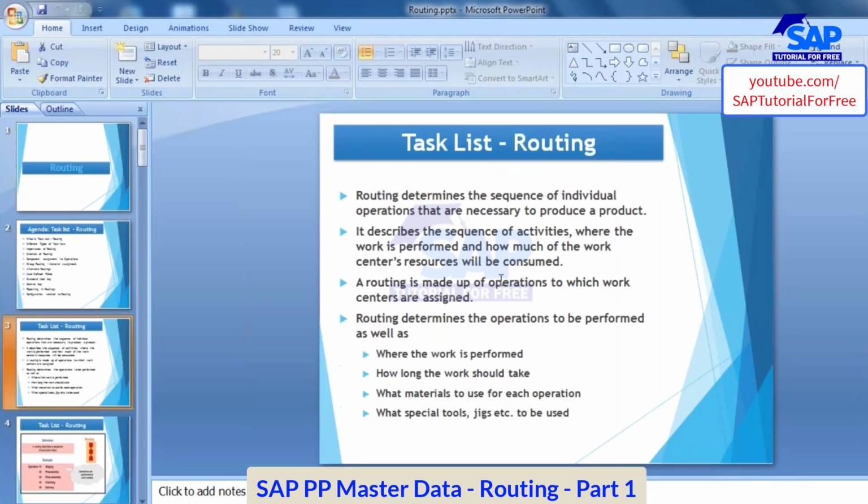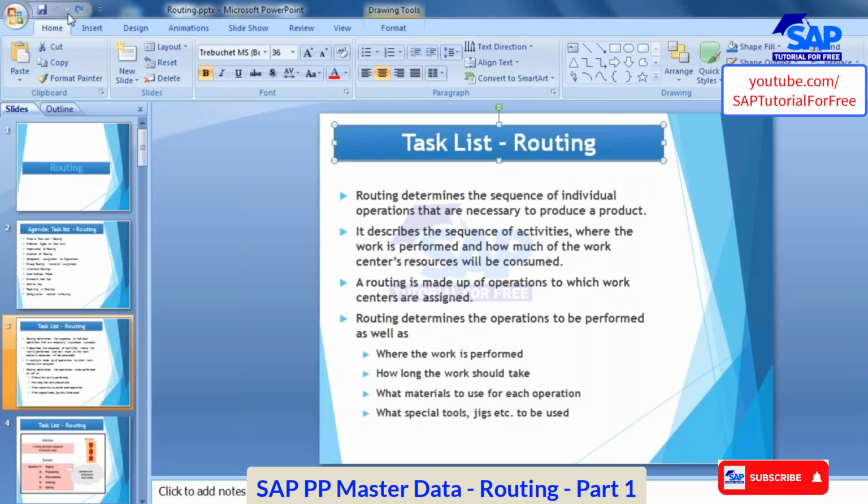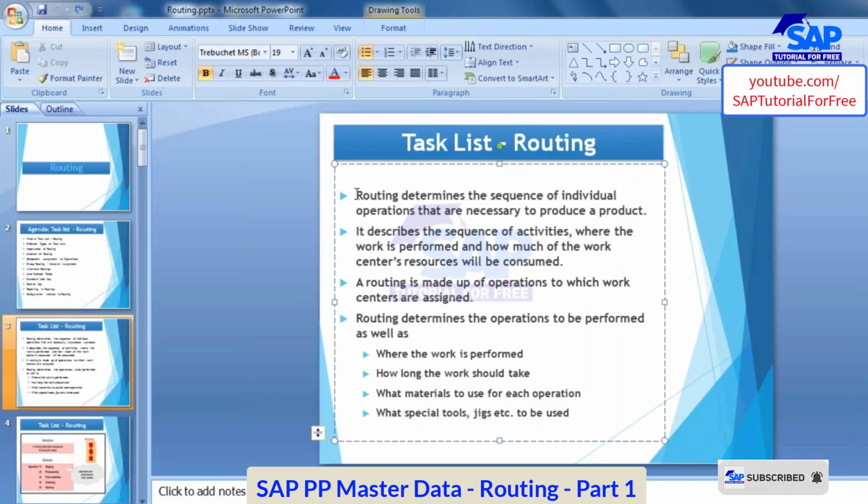Okay, so basically what is routing? Routing is one of the task lists. Routing determines the sequence of individual operations that are necessary to produce a product. In the routing you maintain what are the activities or operations you are supposed to perform to manufacture a product. It describes the sequence of activities,